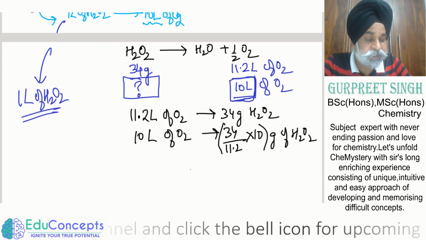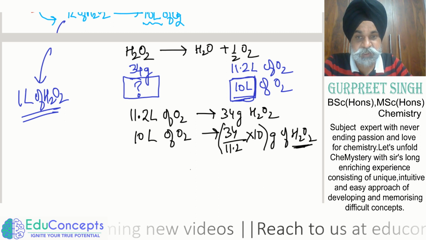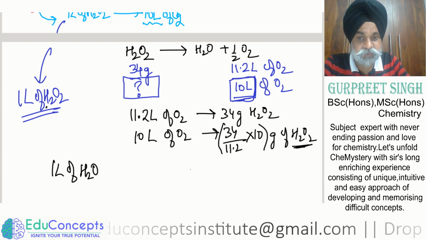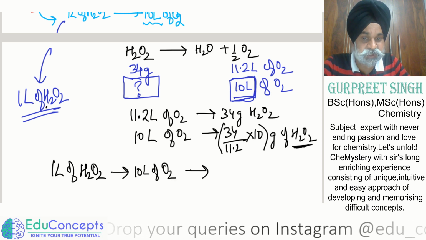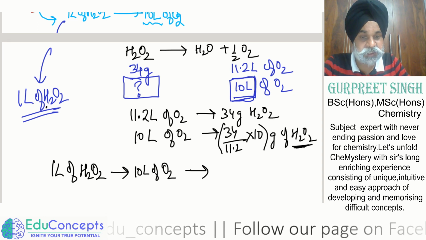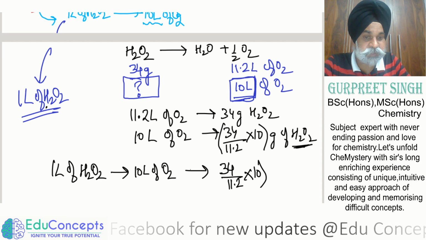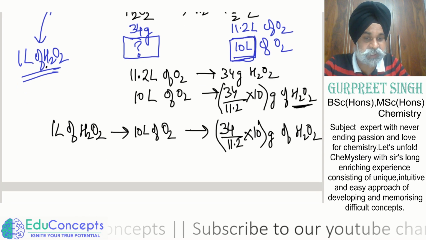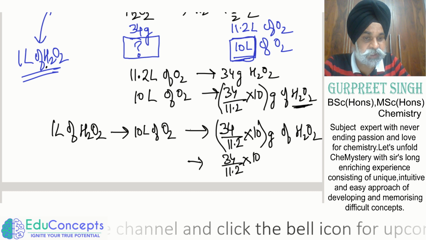Now simple is this much grams of H2O2, ये इतने ग्राम्स H2O2 किस में पड़े हैं, 1 लीटर में, because हमने इसी में से तो निकाले हैं. Is it okay? So 1 liter of H2O2 which has produced 10 liters of oxygen is actually present in 1 liter of H2O2 which produces 10 liter of oxygen. वो 10 liter of oxygen कितने ग्राम से प्रोड्यूस हुआ है, 34 by 11.2 into 10 grams of H2O2 से प्रोड्यूस हुआ है. क्लियर.